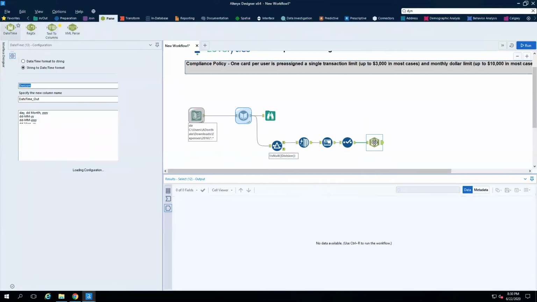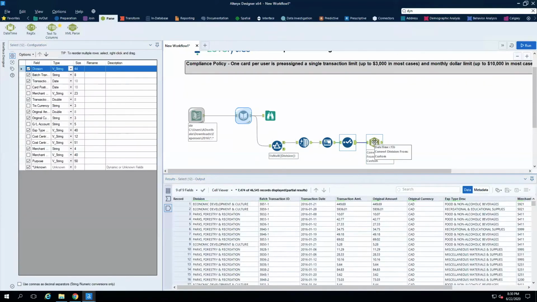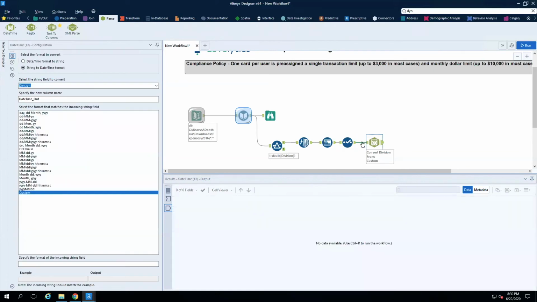So I can bring in the date parse tool, and we can do it two ways. We can use the entire date and summarize, because each day there could be multiple different transactions on a single day. So we could either use the transaction date column to do our summarization and grouping, or we could just use a date time parse tool and convert the transaction date field to a format that we like. In my case, I think I'll just go ahead and